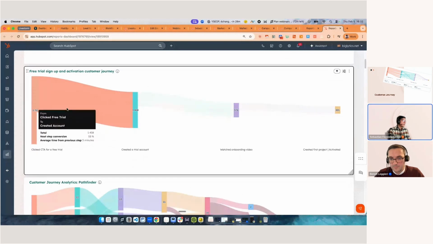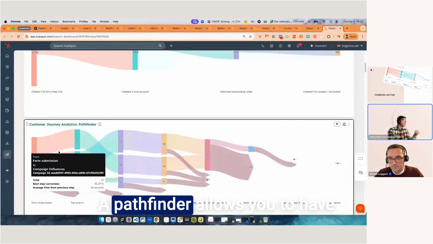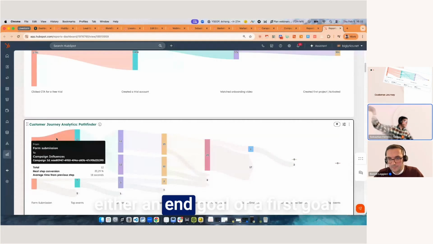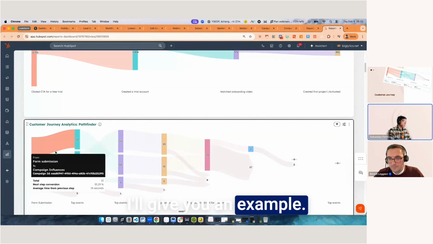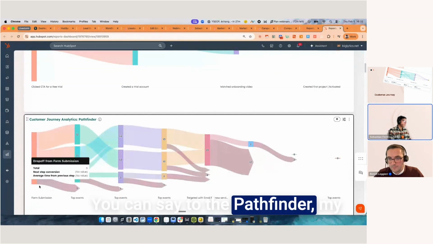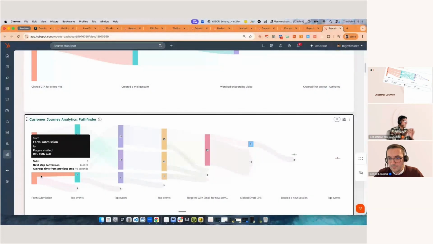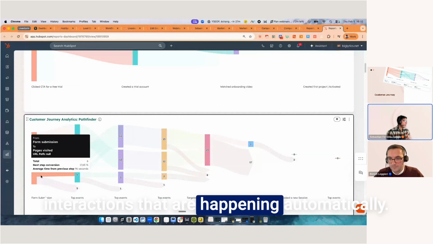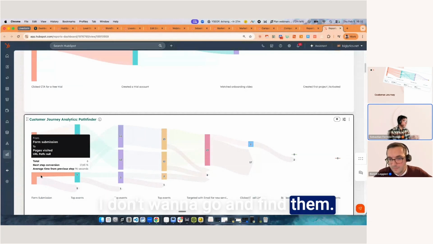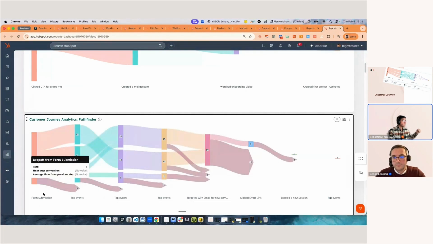Okay. HubSpot allows you to have a Pathfinder. A Pathfinder allows you to have either an end goal or a first goal. I'll give you an example. You can say to the Pathfinder, my starting point is the Livestorm webinar. Calculate automatically for me all of the interactions that are happening. I don't want to go and find them. I don't want to draw the journeys. I want you, HubSpot,